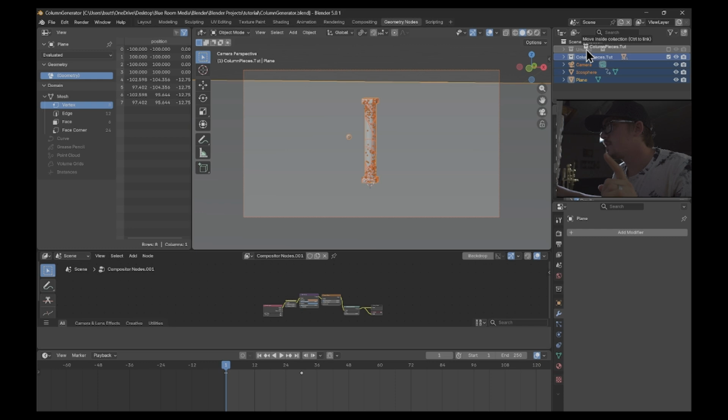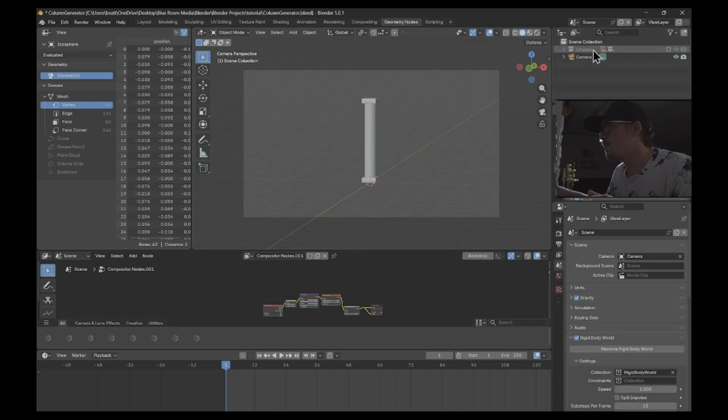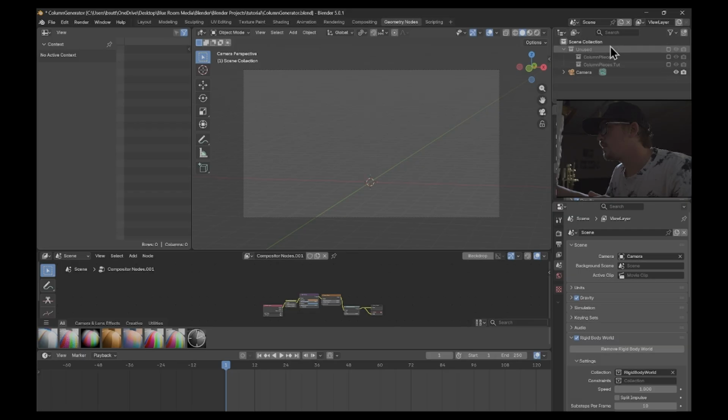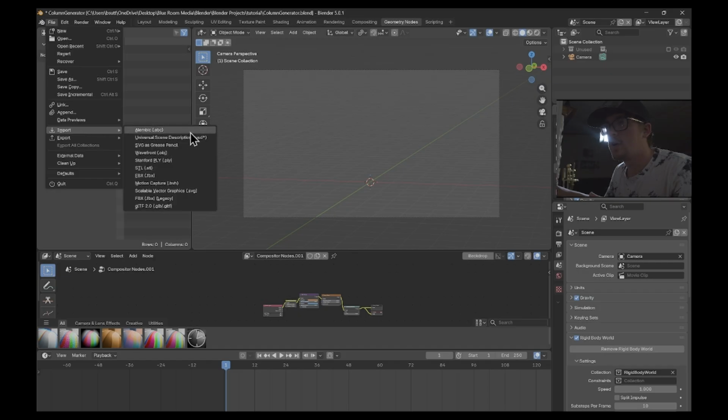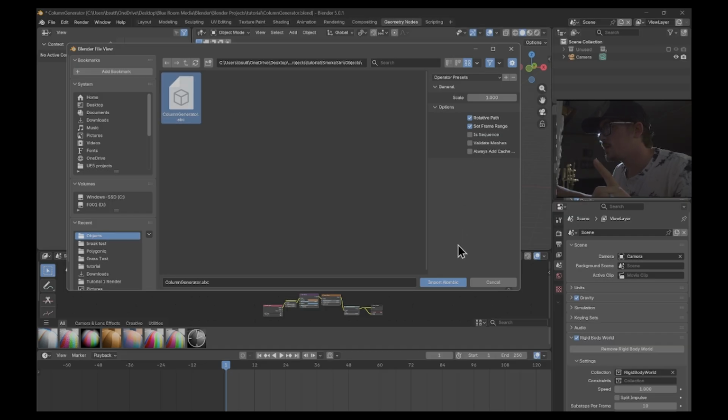So now we've graduated to where we don't need any of this stuff anymore, so I'm going to drag this into our unused. The only thing we need to keep is the camera. And we're going to turn that off, and then we are going to import our Alembic file. The first file we're going to import is our object, and then we'll do sequence and import Alembic,